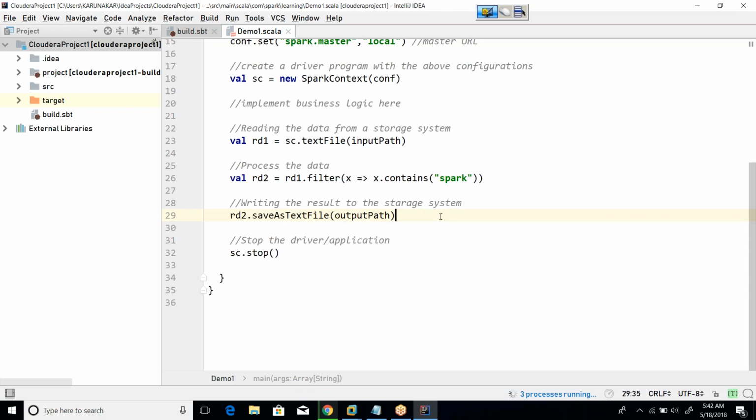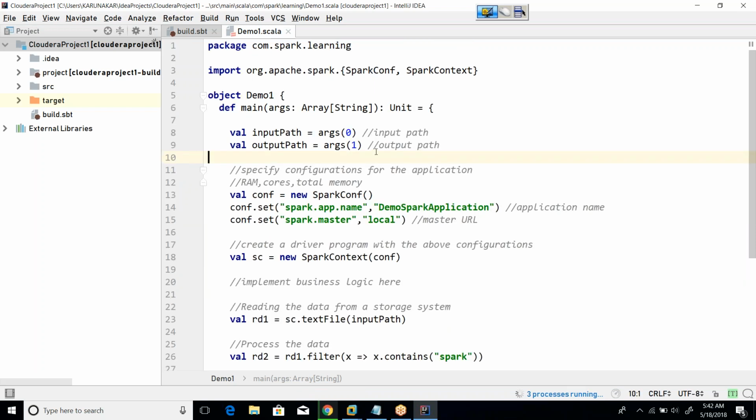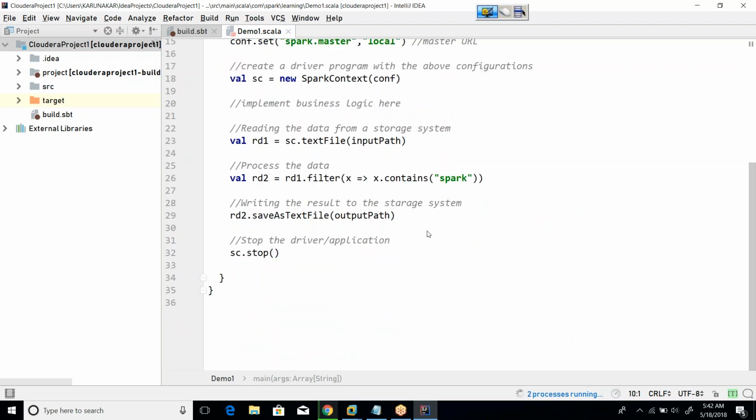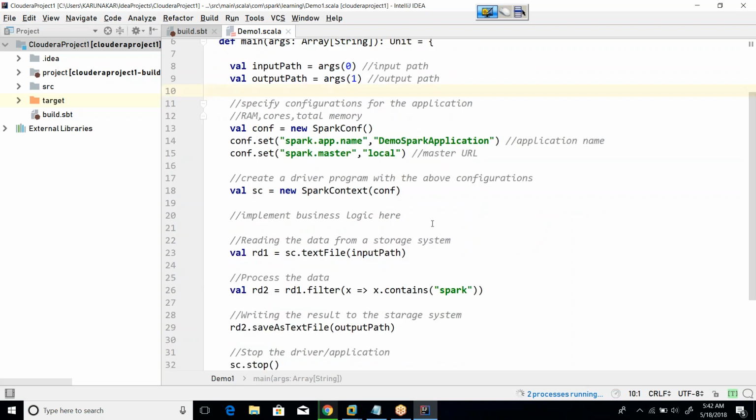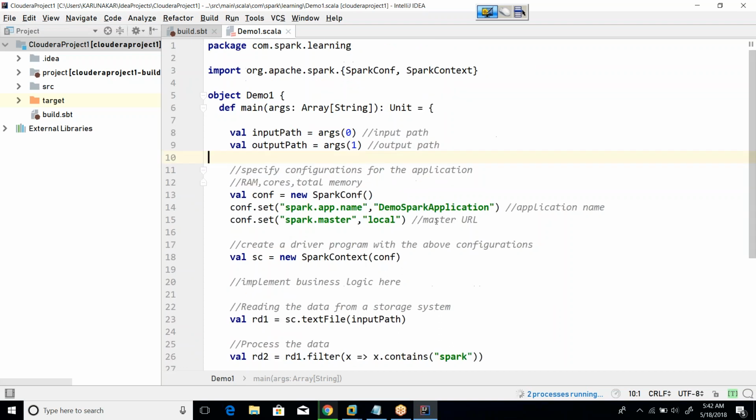This is a simple application we developed yesterday. We have seen this application already, and we have run it yesterday in a local environment itself. So locally it has run successfully. Now we need to make this application deployable onto the cluster, isn't it? For that, what are the changes we need to do? Here change the master URL from local